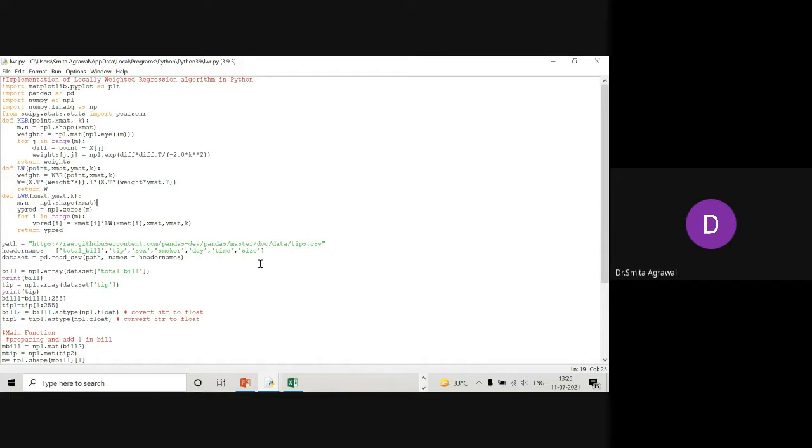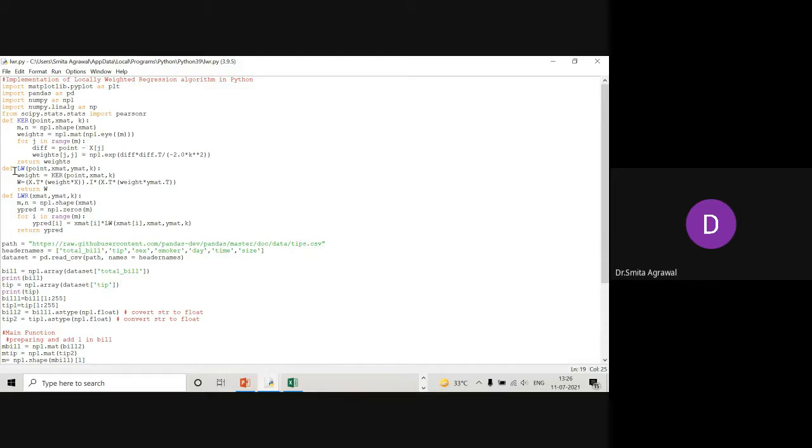As we have discussed, the formula of the weight function was exponential of minus (xi minus x) whole square upon twice tau square. So this is the function we have written here. So we can compute the weights by using this particular function.